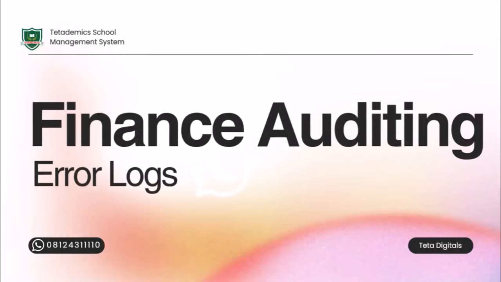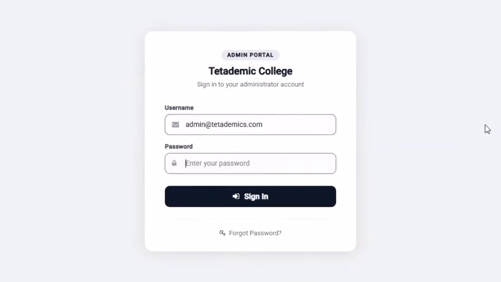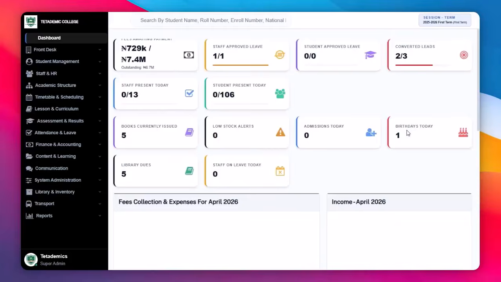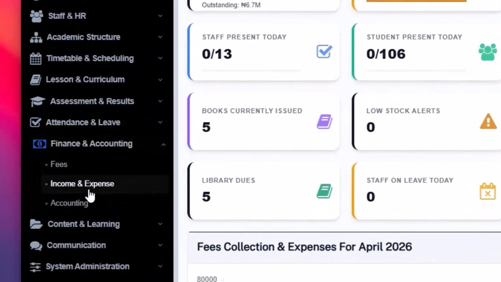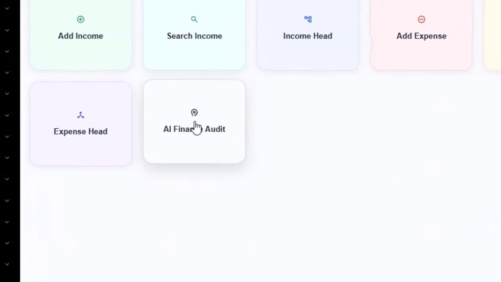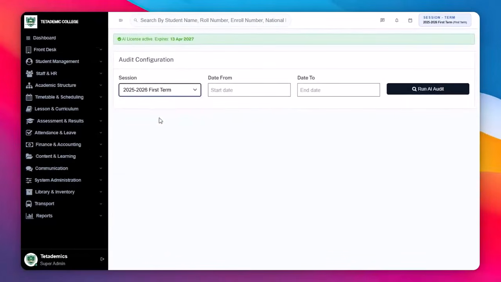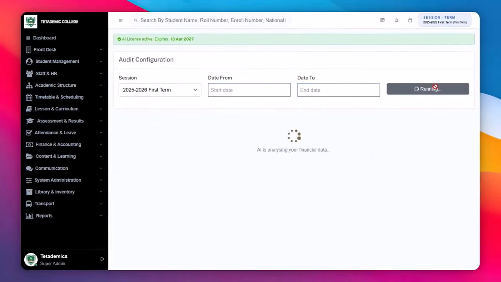So after that, we have our finance auditing. Now this is just an AI auditing feature that is going to go through all your finances for a particular period. Then it's going to give you a summation of what is going on. So if I go to finance and accounting, income and expense, I'm going to see AI finance audit. So I can just pick a particular term. Then if I want a date, I can pick a date, but I'm just going to leave it at time. I'm going to click on